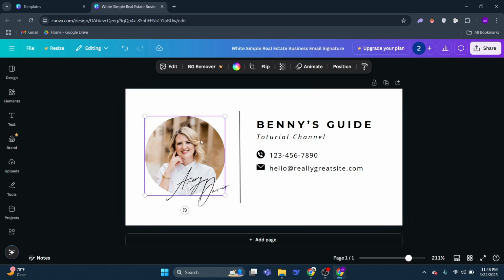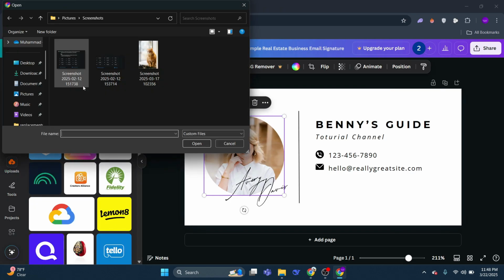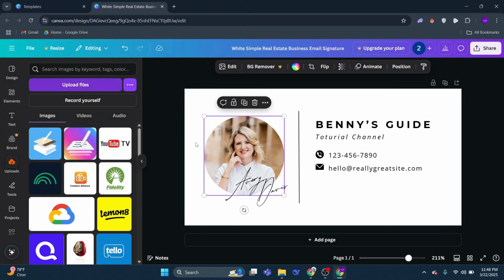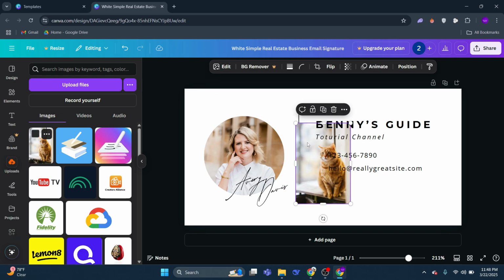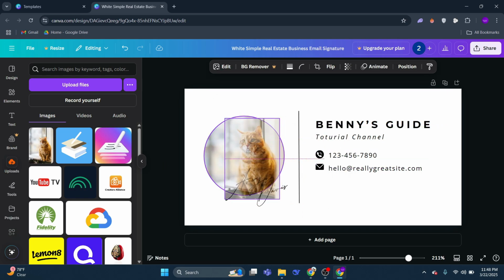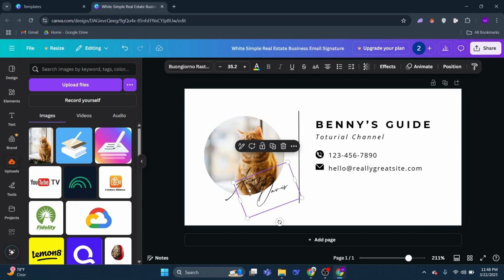Let's go ahead and actually change this image out. So I'm going to click on the image, come over to the Uploads tab, and then actually upload our own image by clicking on Upload Files. Now I'm just going to select my profile picture here. Then we can go ahead and click on it in the sidebar. Now I'm going to remove the original image, drag this image onto the frame, like so, and then remove this